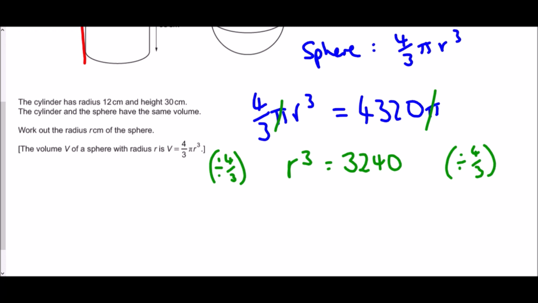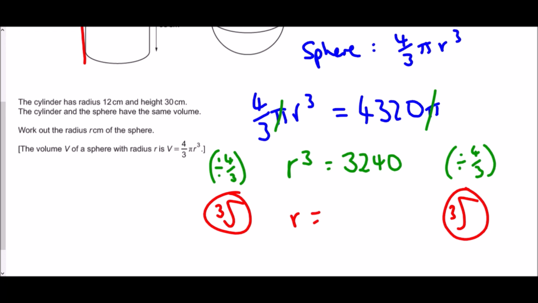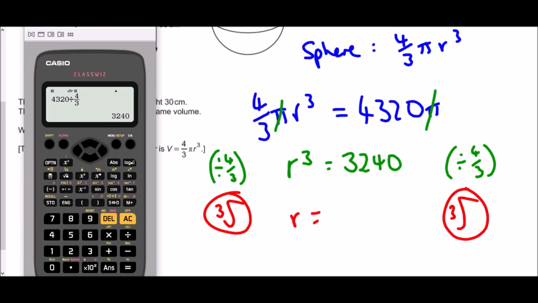And then if I need to get r all on its own, which is the aim here, to find the radius, well, I'm going to have to do the cube root on both sides. And so the cube root of 3240, and if I press equals, it is 14.797